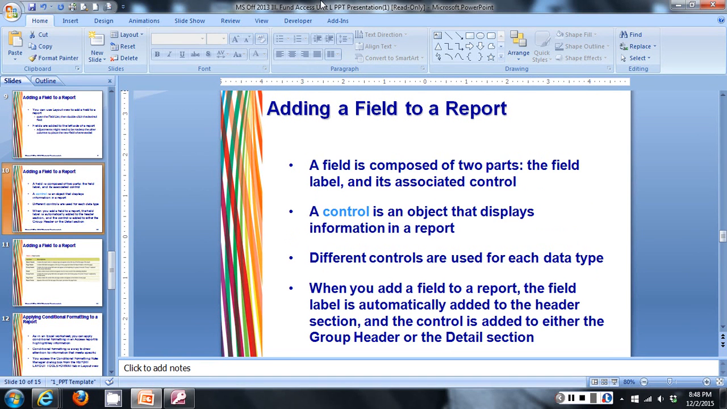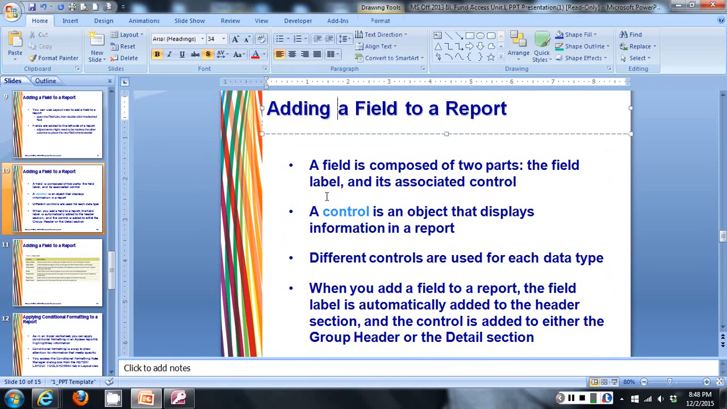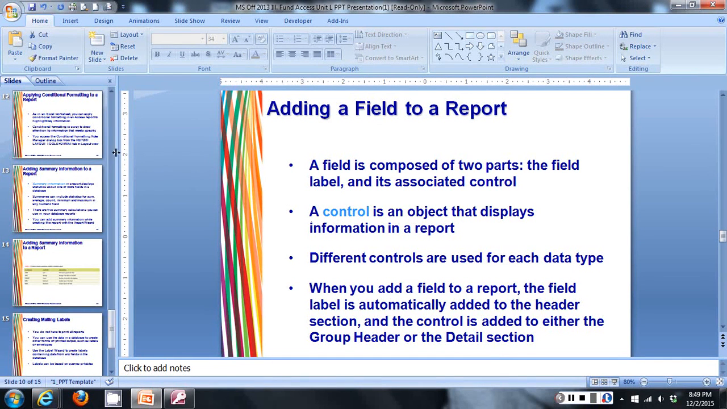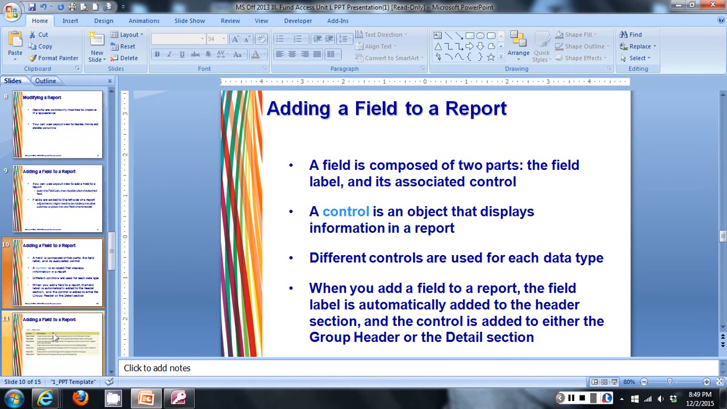Alright, and just a little bit more on adding fields to the report. A field is composed of 2 parts: the field label and its associated control. Now, what is a control? Our text lists a control as an object that displays information in a report, and different types of controls are used for each data type. So when you add a field to a report, the field label is automatically added to the header section, and the control is added to either the group header or the detail section. Okay, and you will see that in your tutorial